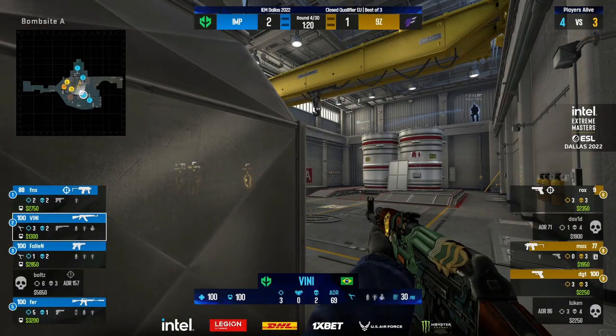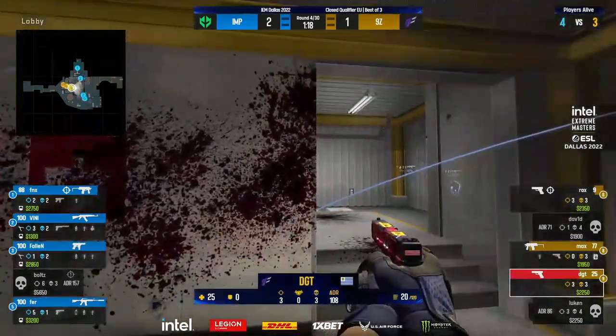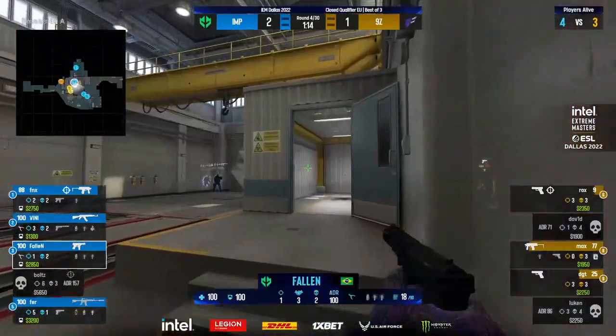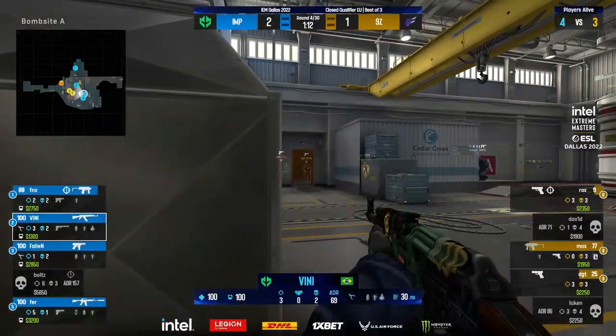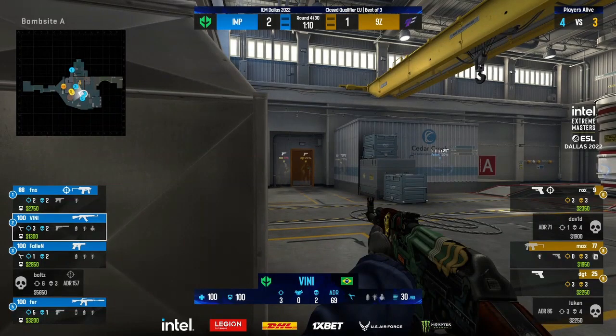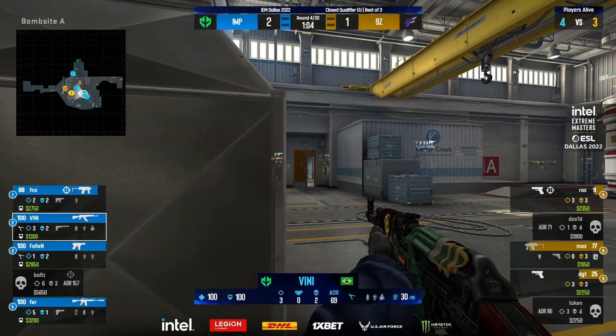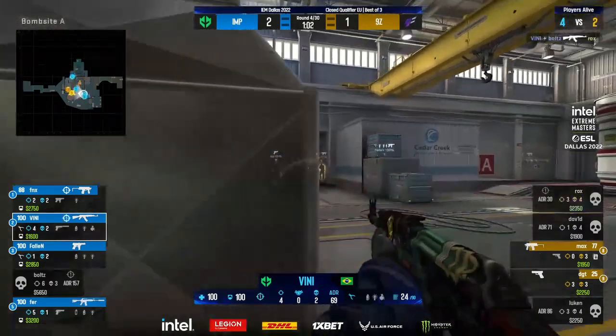Surprisingly, Fallen does in fact come into this round with just the Tech 9. Probably because they're saving up to get him the AWP in the next. Of course, he is the AWP player for this team, so we'll see if they can actually accomplish that. As seems fairly evened out, but with the massive HP advantage that Imperial have right now, it should be...